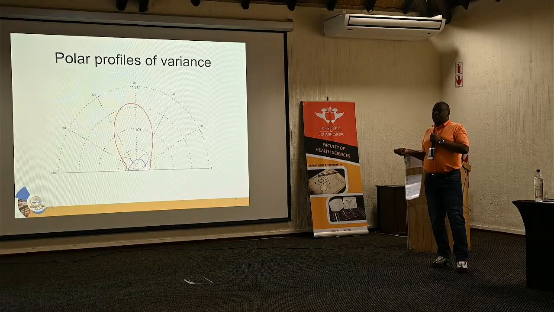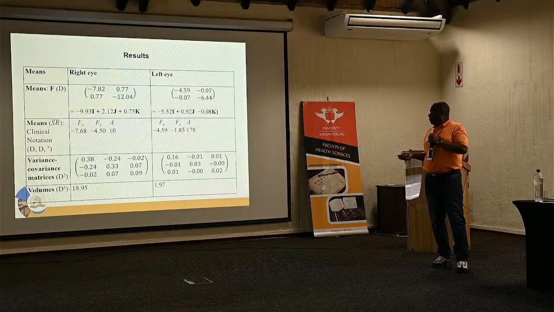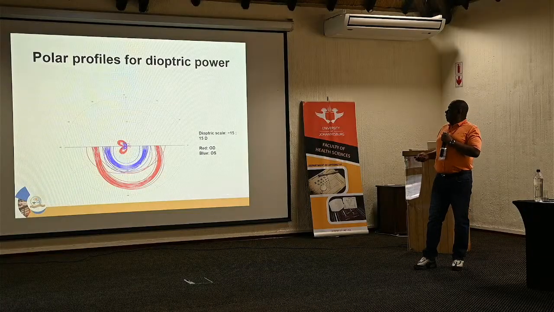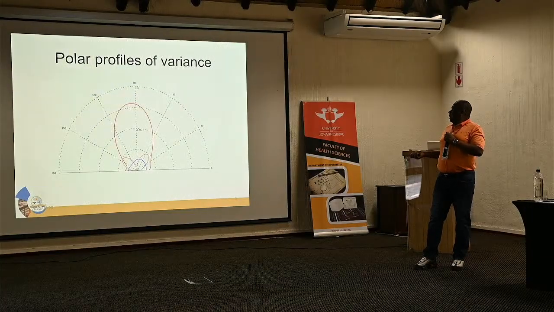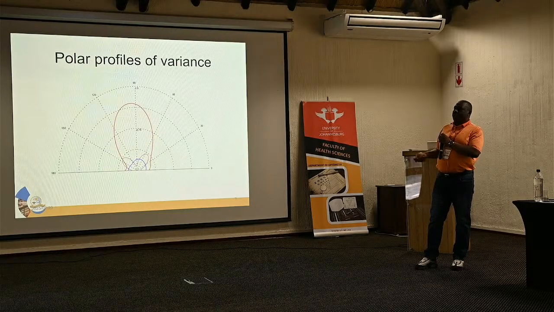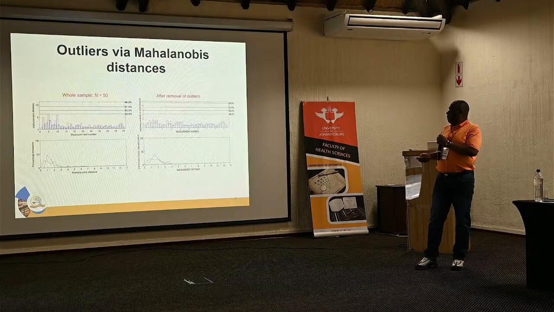This one is showing this variation. Now showing how much these measurements are varying. And hence, for the left eye, it is smaller; it's just that we did not do the magnified one for this one. But for the right eye, it's showing too much variation. So the variation also tells you along which axis there is more variation.